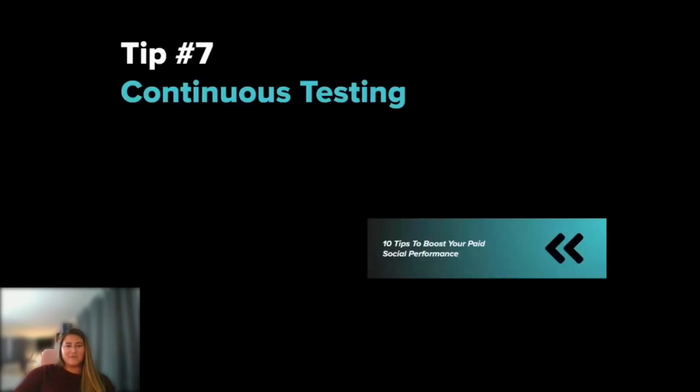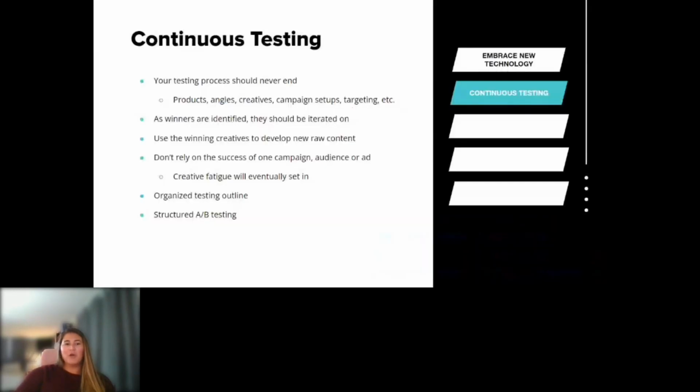Tip number 7 is for continuous testing. One main callout here really is just that your testing process should never end. Like I mentioned, we do a lot of creative testing with our brands, but there are a ton of different things that you can be testing, and the testing of these things should really never end. Whether it's testing new products, new angles, new creatives, campaign setups, targeting options, there are countless things that you can be testing, and you need to make sure that this creative testing process is a part of every single one